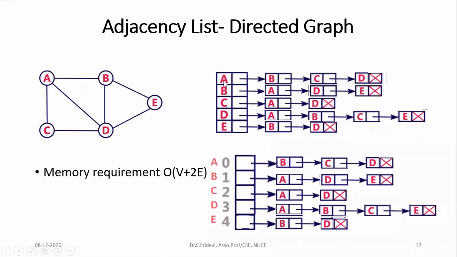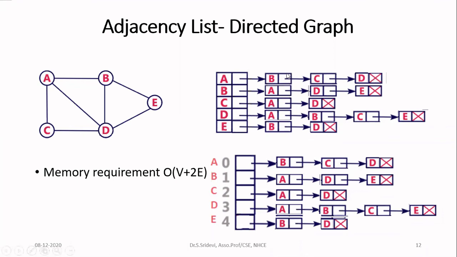Who are all the neighbors of node A? For that, I'll create a node. I will connect that to the existing list. So for node A, I have 3 neighbors, B, C, and D. So with respect to A, you create 3 nodes now, B, C, and D. Store the address of this B in the link field of A. Store the address of C in the link field of B, and store the address of D in the link field of C. In the link field of D, you store null because that is the last neighbor.